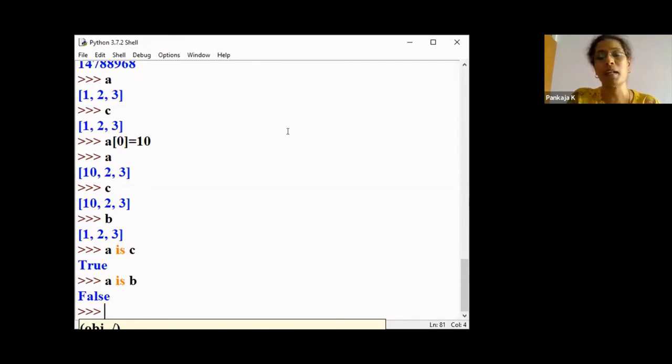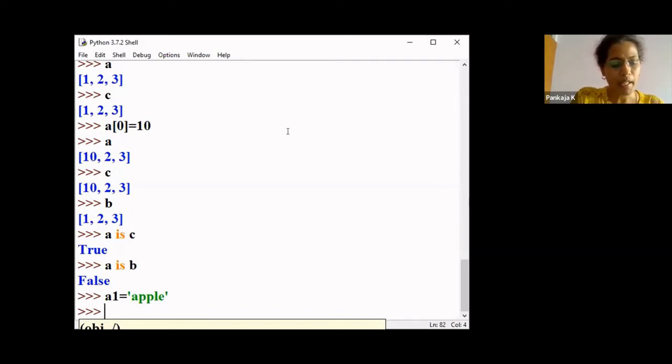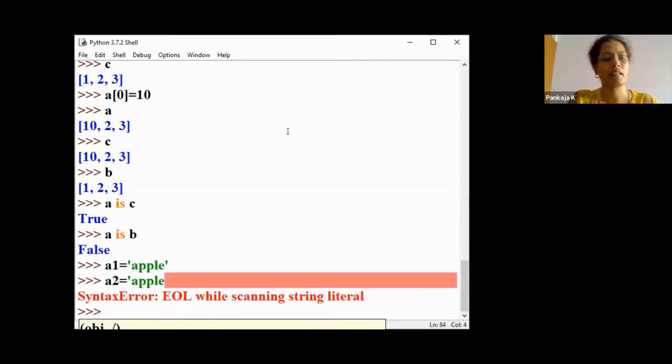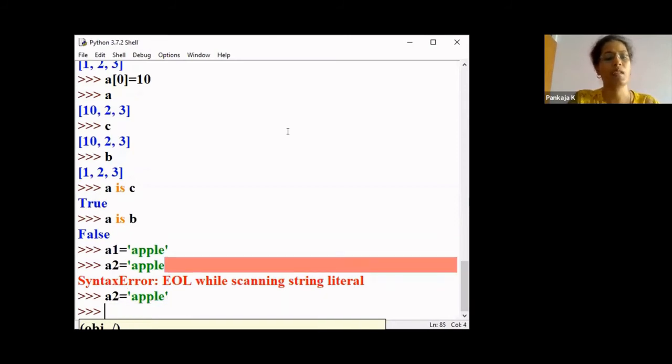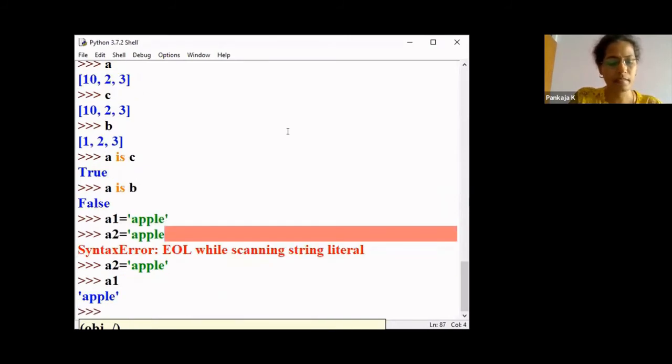Now with this concept, I'm going to ask you one question. Now I'll say A1 equal to apple. Now A2 equal to, again, apple. Now what are A1 and A2?